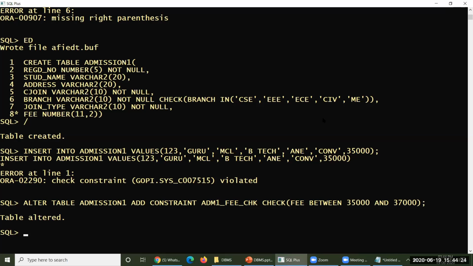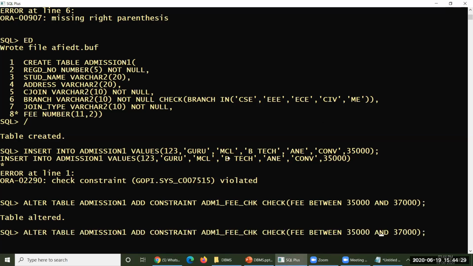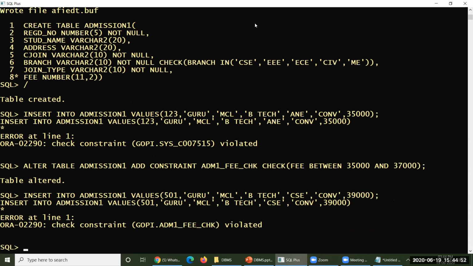Okay, so look at this. Your table has been altered. Let me enter some more data here. 501 is my data, and he has taken CSC. He has taken convener quota only, but unknowingly against him, 39,000 has been given. Look at this. Previously you could see SYS underscore C007515.